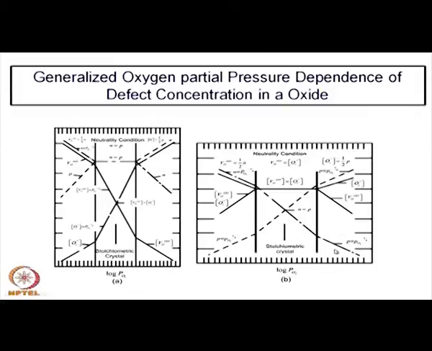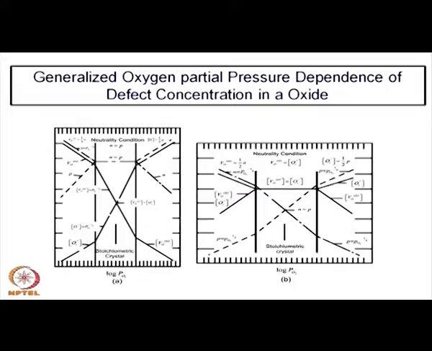Others have a lower concentration. So, this region is dominated by oxygen interstitial, whereas in this it is oxygen vacancy, and in between both of them are the same, concentration wise, and therefore you have a PO2 independent